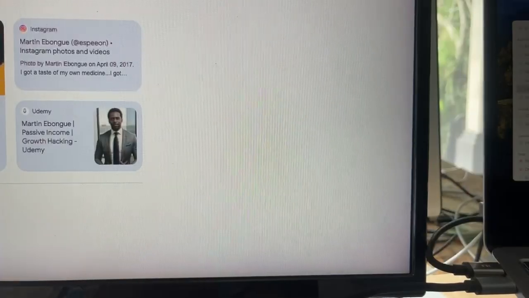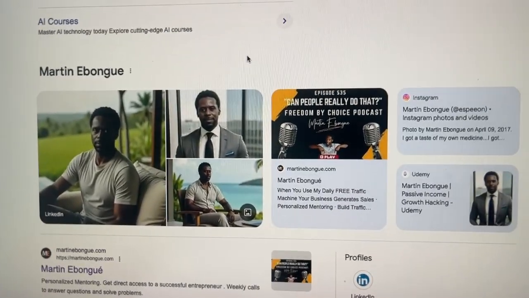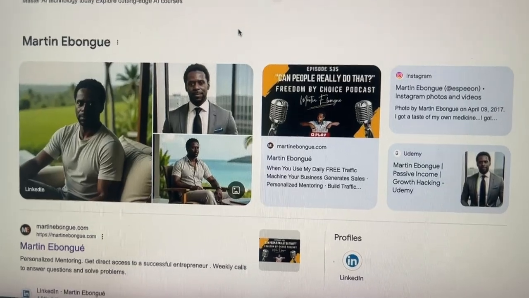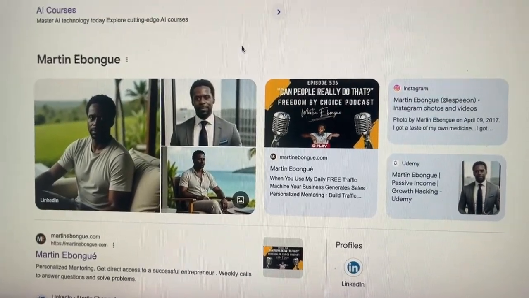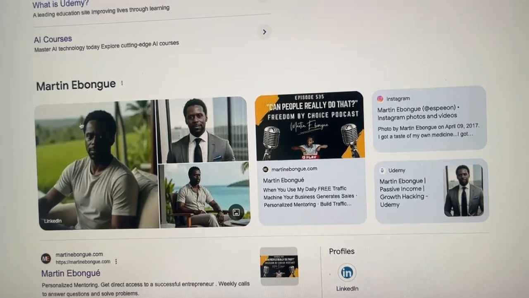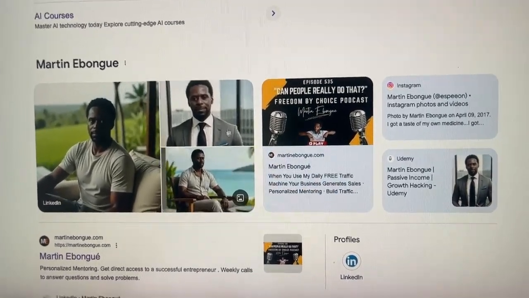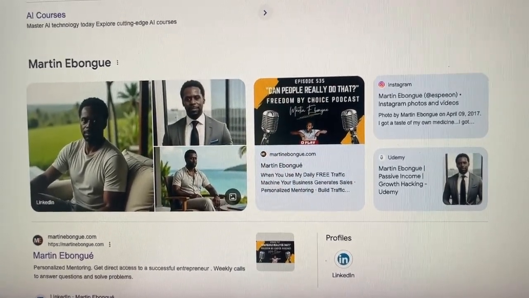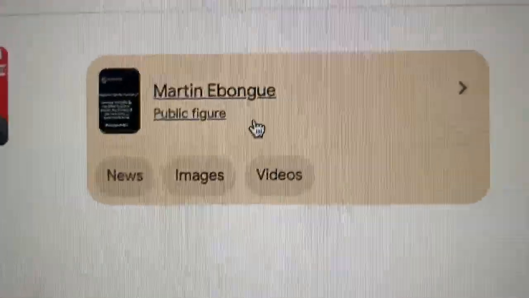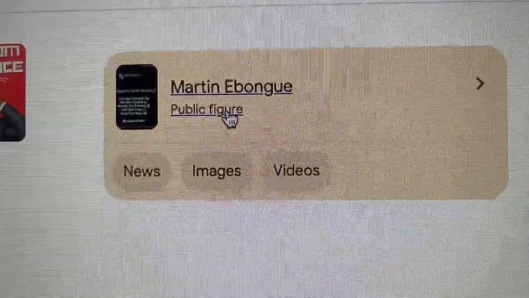Because at the end of the day, what you want, and we're gonna go back to this stuff, is when people abandon the cart and they look you up, they will see something like this. And they will see, wow, this guy is the real deal, all right? And this guy, very soon, I think Google is deploying that pretty much everywhere, right? But they're going to see that this guy is like a public figure, right? So it does build trust. Let's be honest, right? Okay, I'm going to be honest here.